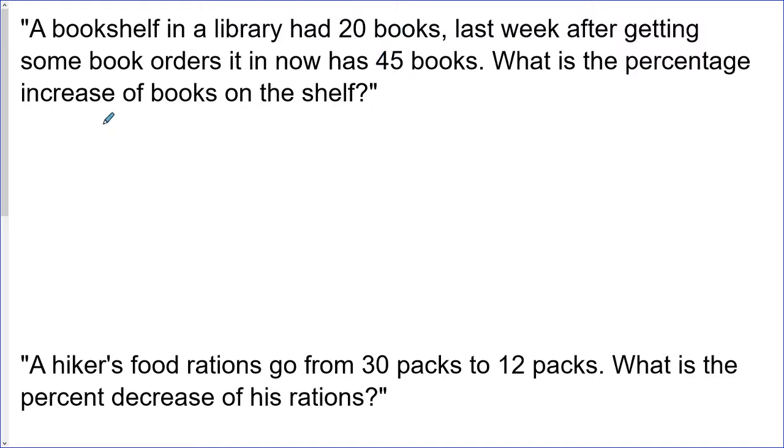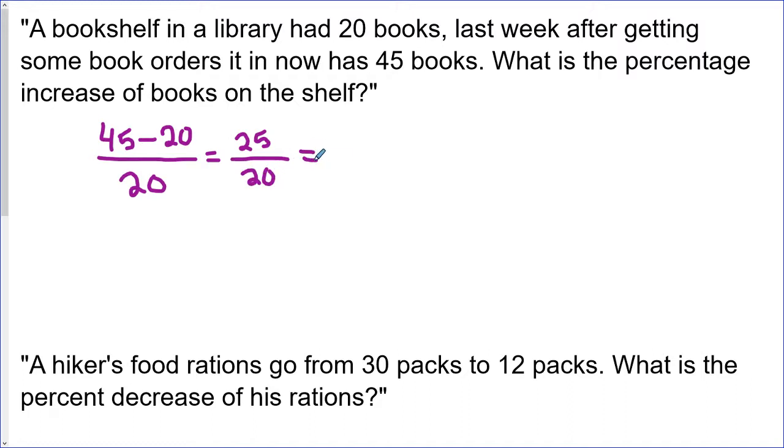So I'm going to start with my big number, 45, minus my small number, 20. I'm going to divide it by how many books I started with. So I started with 20 books. That's what's going to go here. So the top part's pretty easy. That's just 25, over 20. And then I divide these two. 25 divided by 20 is